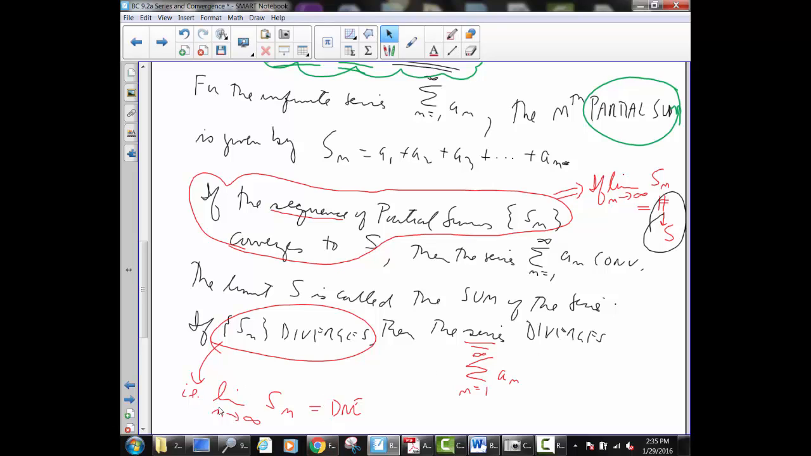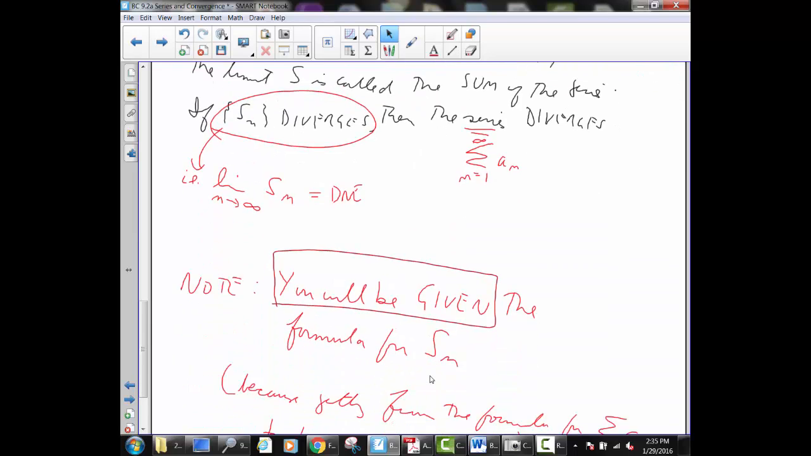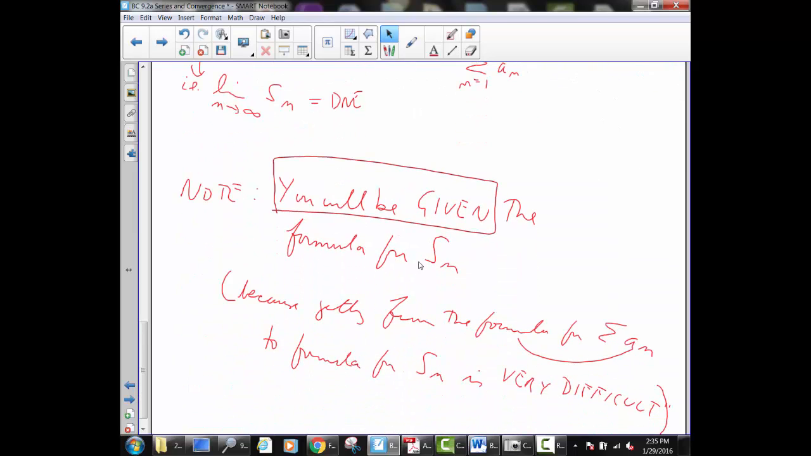So if you find the limit as n goes to infinity of Sn and it diverges, then your corresponding series diverges. Now, you will be given the formula for Sn. You don't have to worry about coming up with it because getting the formula for Sn from the formula for summation An is very difficult and you will not